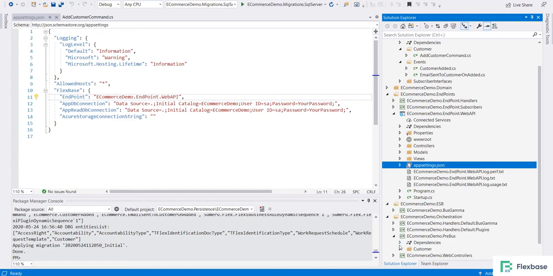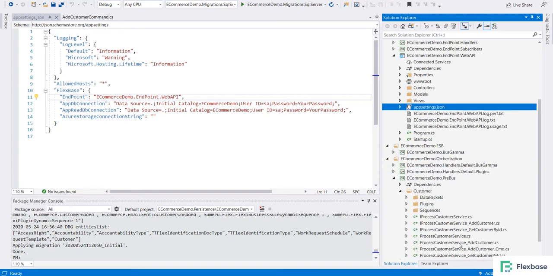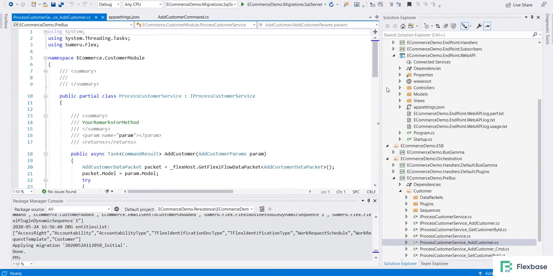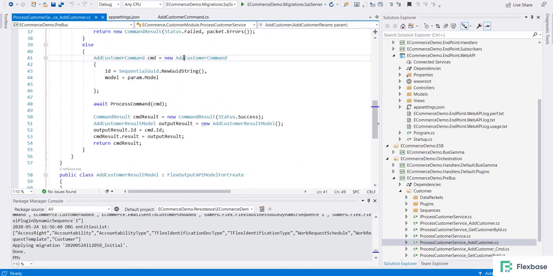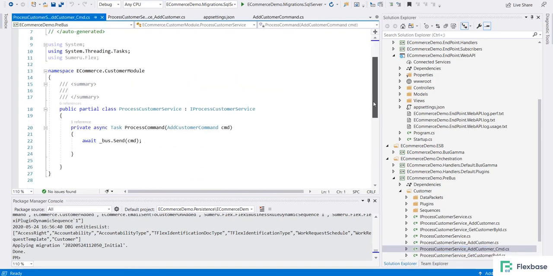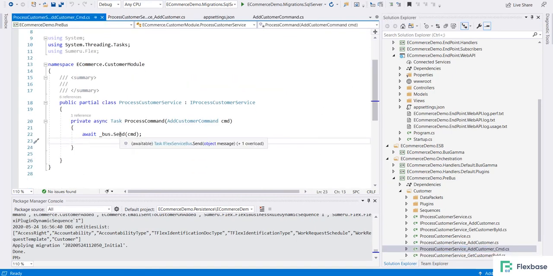It invokes the pre-bus, if you see here, and after all the validation has succeeded, it creates a command and sends the message or the command to the handler endpoint.